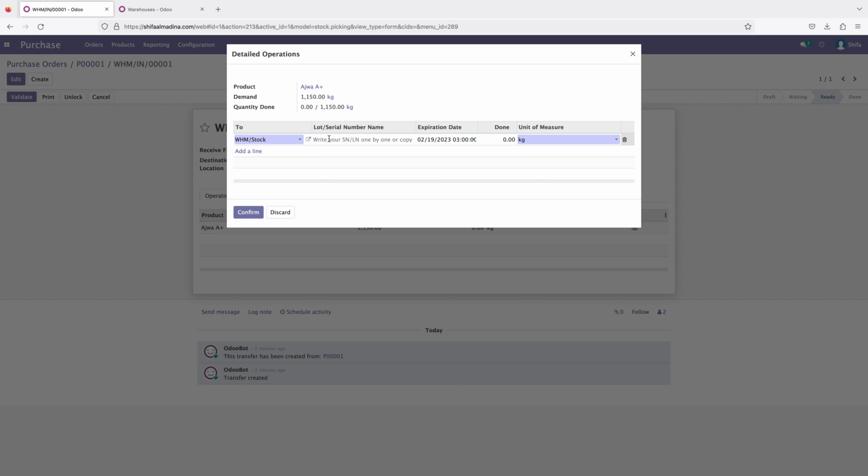After that I need to mention one lots number here. By this lots number I track this amount of dates, that is Ajwa A plus. So I provide here 001, this is one lots number, and by this lots number I want to purchase 30 kg. So in this 30 kg I have one tracking number, and I want to track another in the same warehouse, 002, and here I want to put